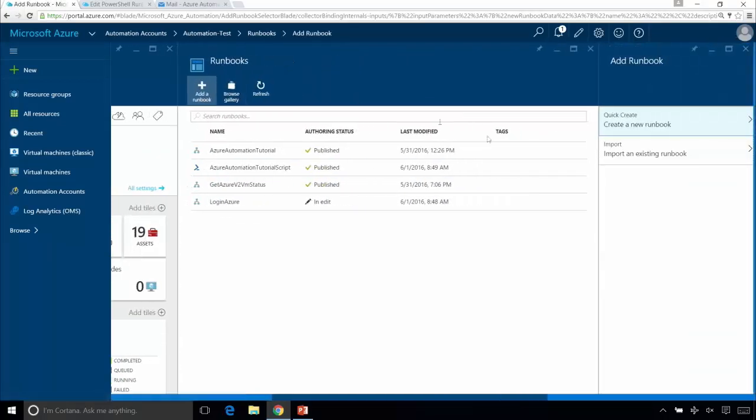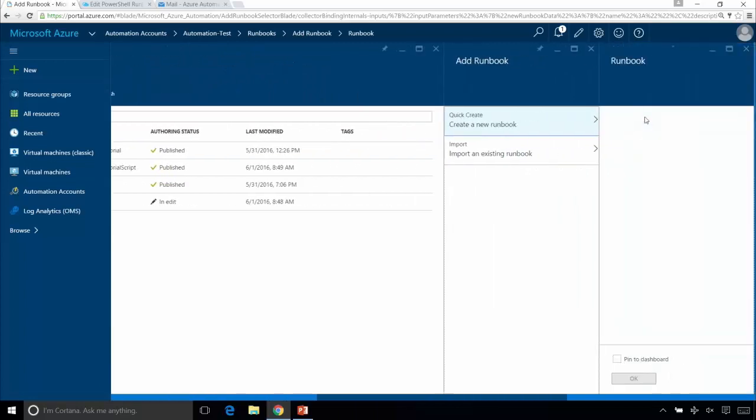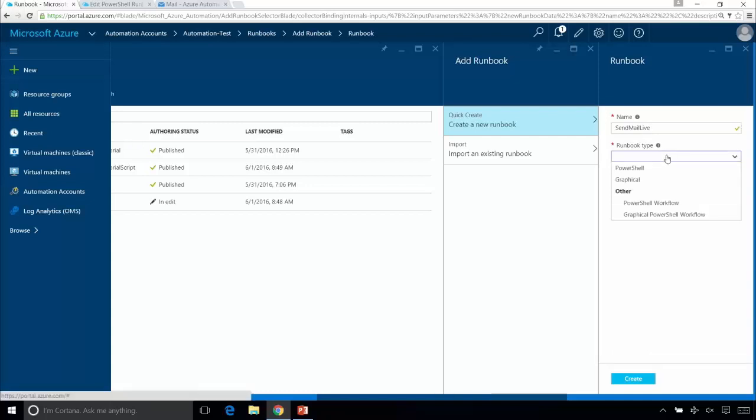So let's just add a runbook in this case. We're going to create one, and I'm going to call it Send Mail Live, because we're sending mail through our live account. And the runbook type here is interesting. We have four basic types of runbooks. We have PowerShell runbooks, which is what we're going to create today, a native PowerShell script runbook. We also have graphical runbooks, which I'm going to talk about in our next module,